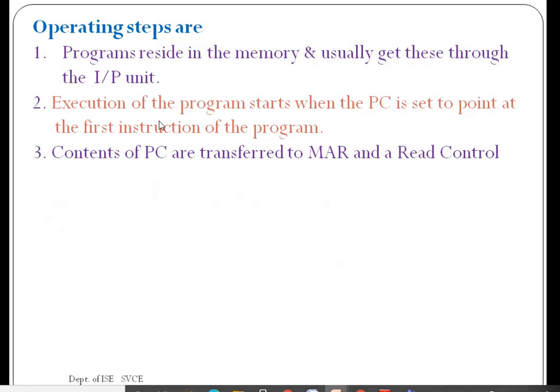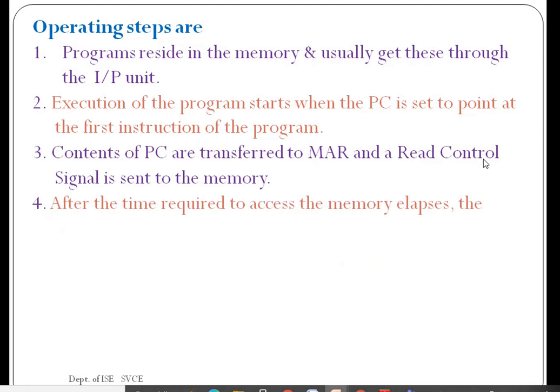This is the first step. Always remember, when execution starts, there is no instruction in the processor. The address of the instruction is present in the PC, and that address should be transferred to the MAR. Why? Because it is required to read that instruction from memory and transfer it to the processor. That address is placed into the MAR and a read signal is generated by the control unit.